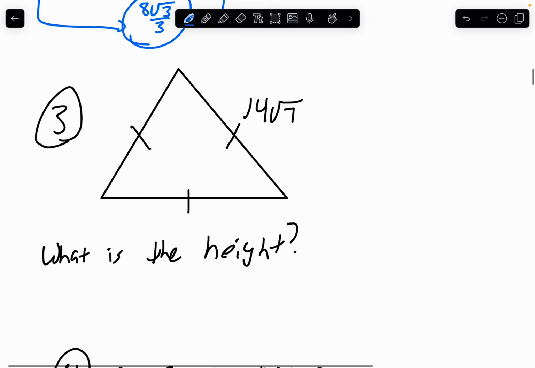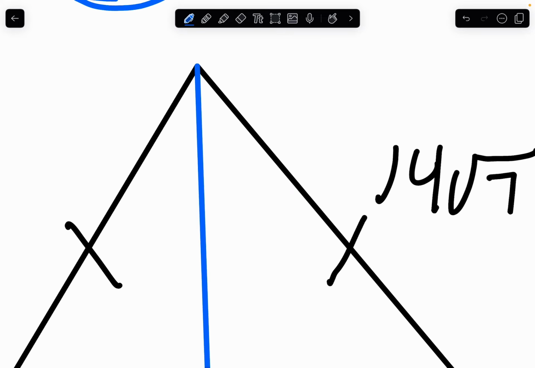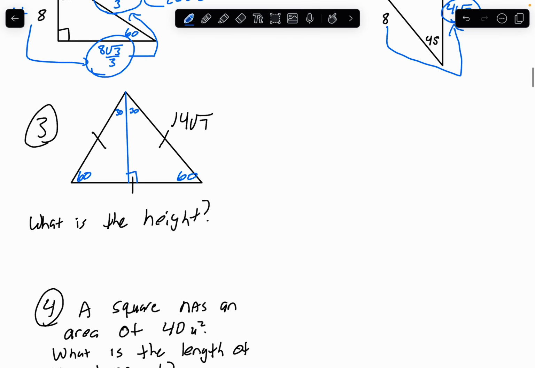Here we have a triangle. All three sides are equal. So we're going to drop an altitude, drop it like it's height. And when we drop an altitude here, it's going to split the bottom in half. Because it's an equilateral triangle, these corners would be 60. And when we split the top in half, they become 30 and 30. So what I'm working on is a 30, 60, 90 triangle